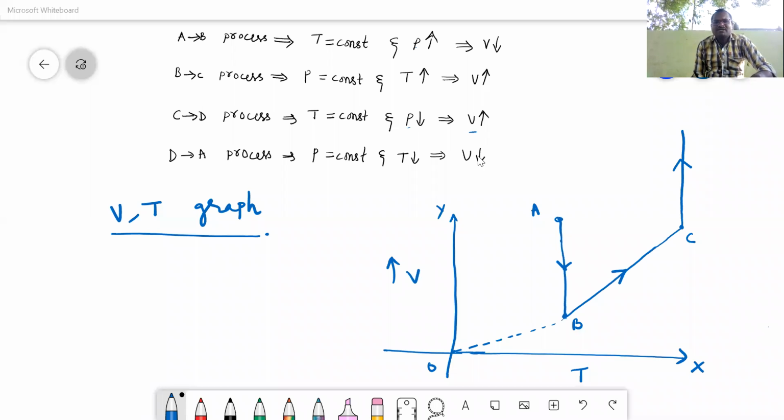Yes, that's why I'm explaining so many times, very slowly. This is the reason. Abhay is asking, sir, these graphs are important for objective. Yes, that's why I'm explaining slowly. These are not there in your subjective, no? These are only for objective. Already this chapter is finished, I am explaining these extra points. Now, C to D I came.